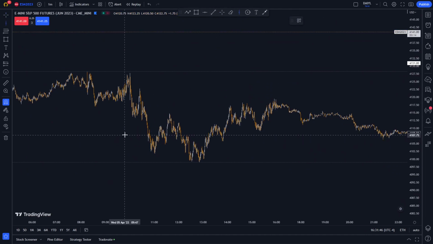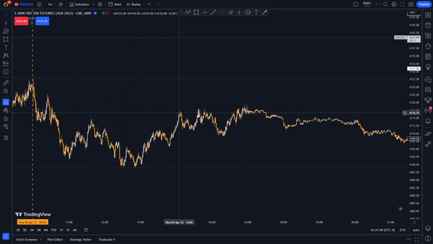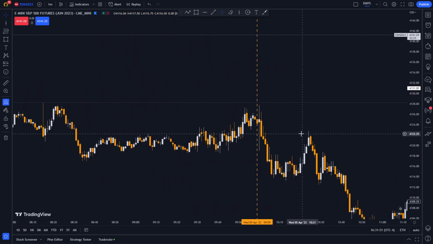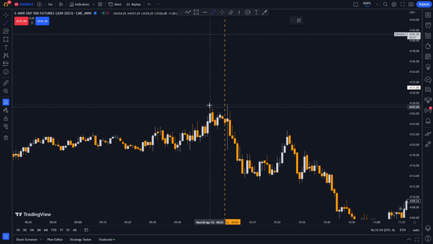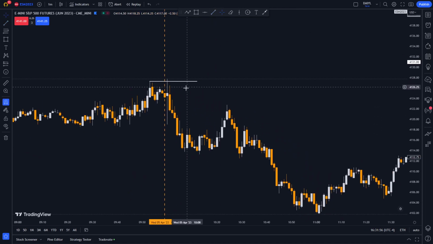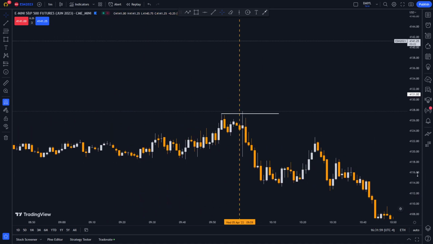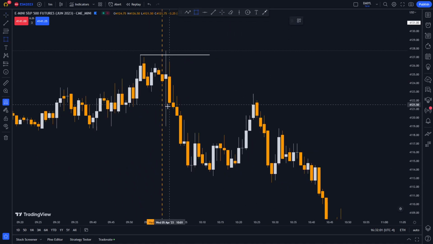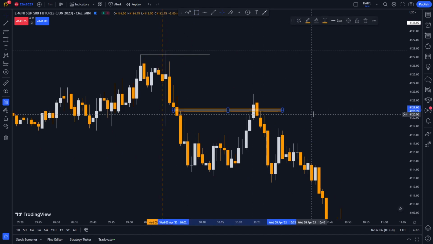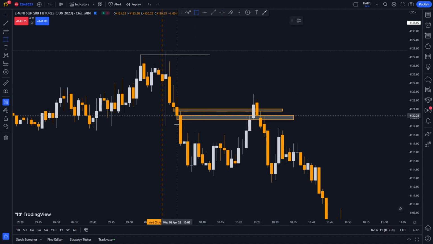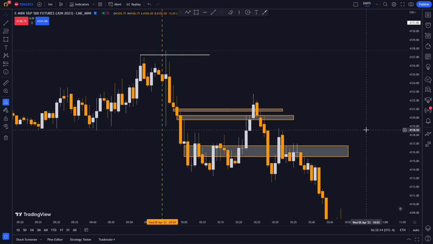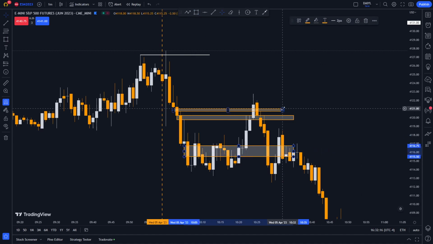So I'm gonna just mark out the 10 o'clock now. So liquidity taken out. Now looking for fair value gap. Here, small one, very small one. Is there more? Yep. And one here. Okay, so when you have more than one, always try to enter on the last one, because